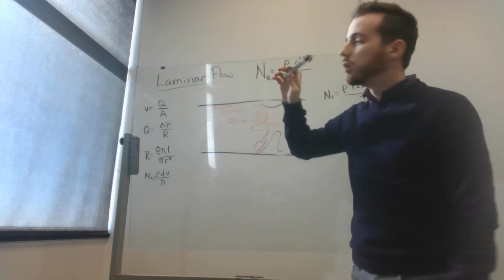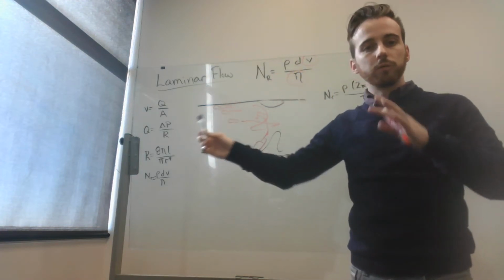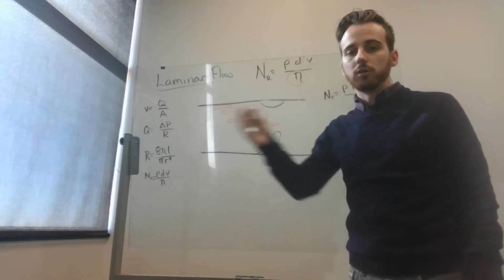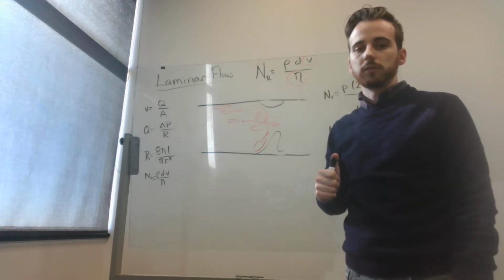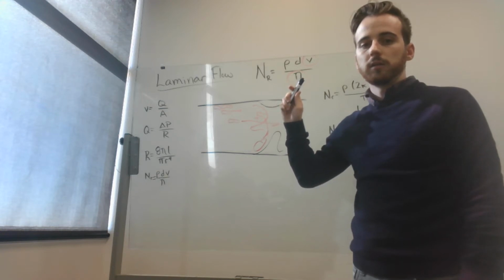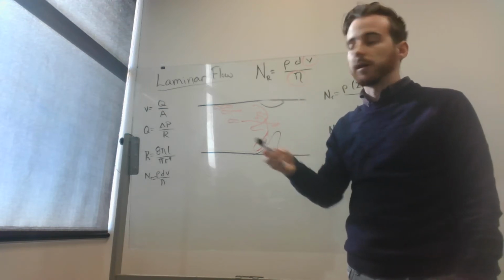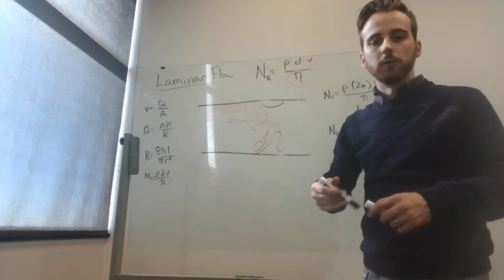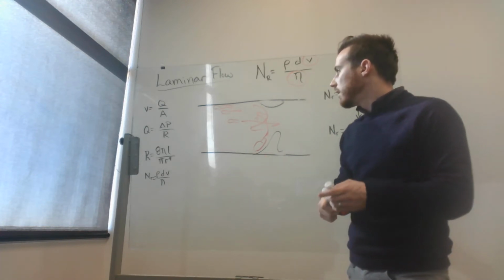Quick question, which of those will result in more turbulent flow? Higher hematocrit or lower hematocrit? It'll be the lower hematocrit, right? Lower hematocrit, lower viscosity, higher Reynolds number, more turbulent flow. Okay,